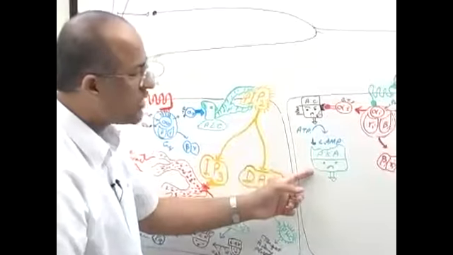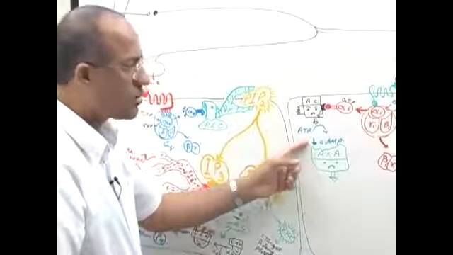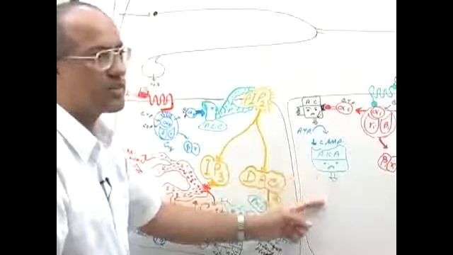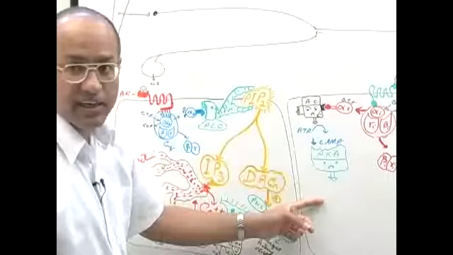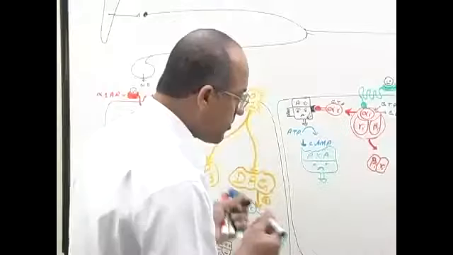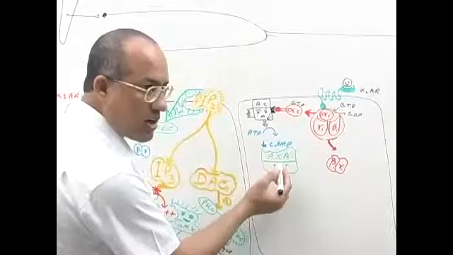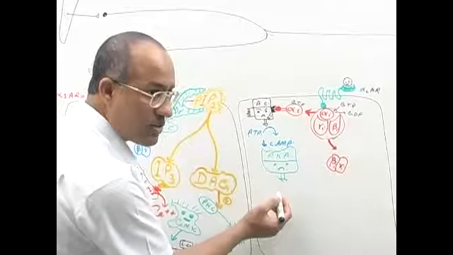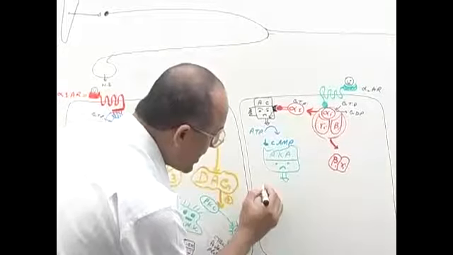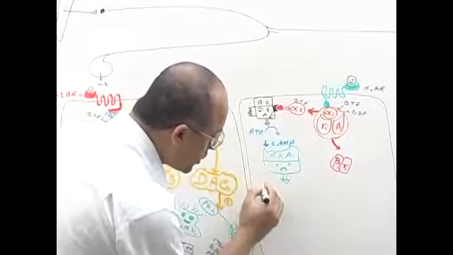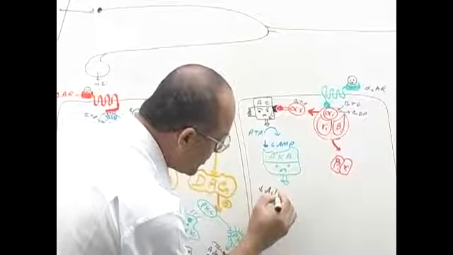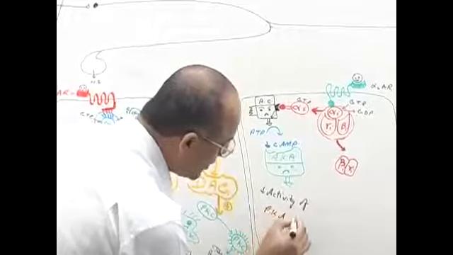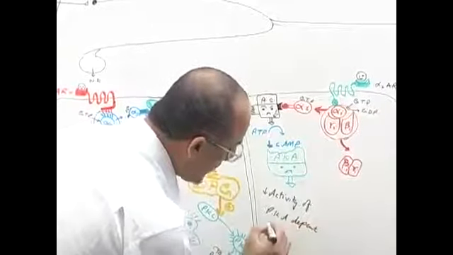But now because protein kinase A is not stimulated, because cyclic AMP levels are less intracellularly, protein kinase A dependent intracellular activities are reduced. So what should I write? When protein kinase A is not activated, then phosphorylation of proteins doesn't occur. And we say that there is reduced activity of protein kinase A dependent intracellular